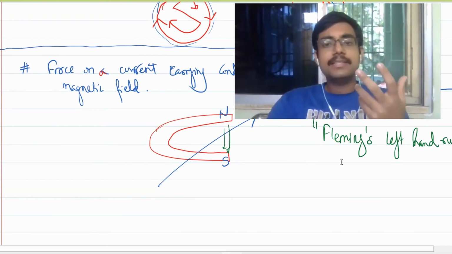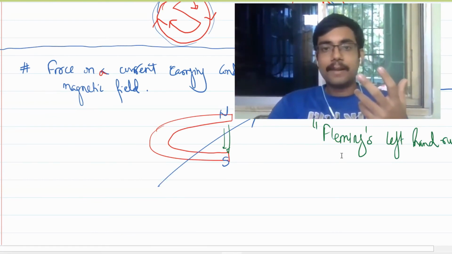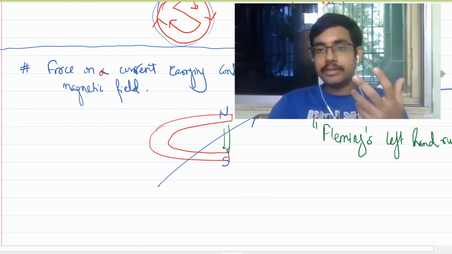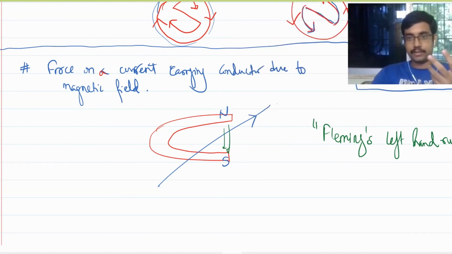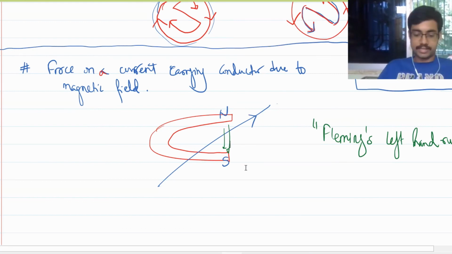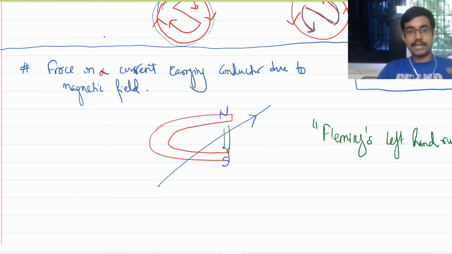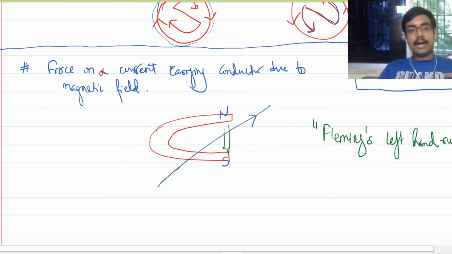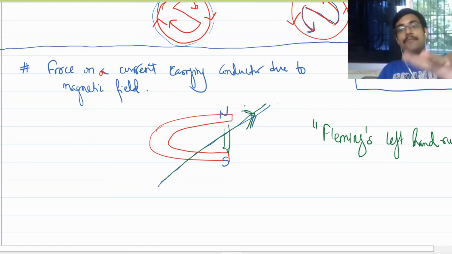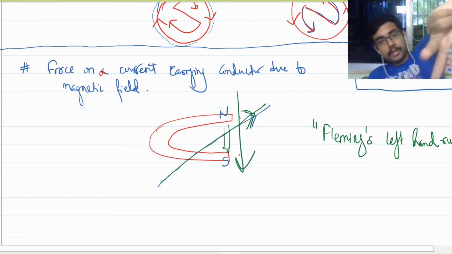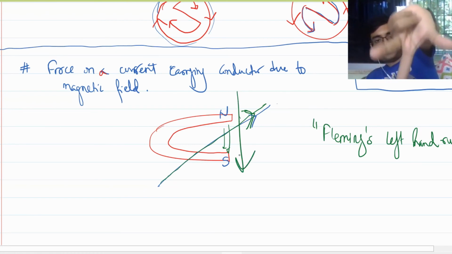Now let us apply this to this case here. Everybody start with your left hand arranged like this. Then you have the current carrying conductor here. The direction of current is where the middle finger points. You have to adjust this with the direction of field. The field is from north to south, up to down. So you adjust it like this.